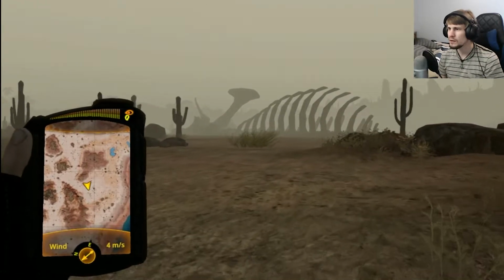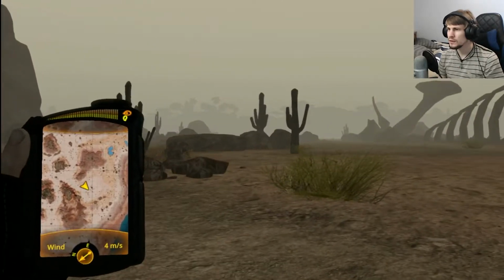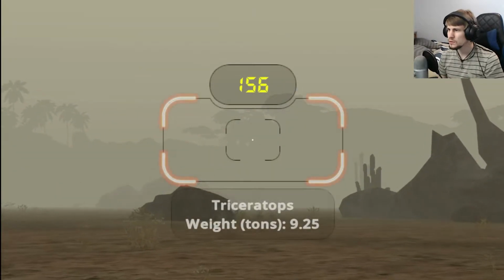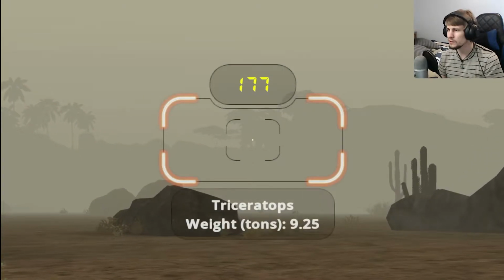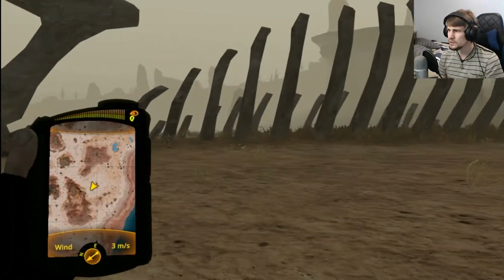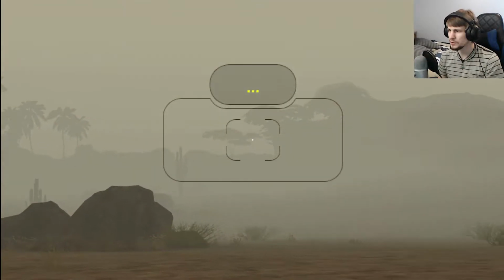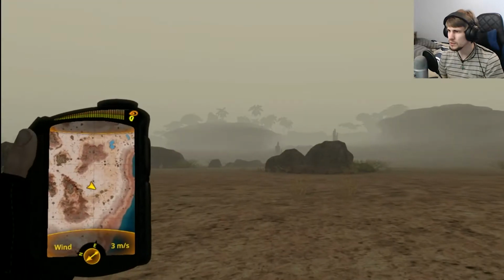Look at the frickin' size of it. Oh, I do see somebody out there moving, though. So we got a trike out there. Maybe we'll... ooh, actually, 9 point... that seems pretty freaking big for a trike. Over 9 tons. Yeah, look at the size of the ribs and the bones here, though. It makes me wonder what the heck could have even been that. Oh, and I lost visual on the trike. Or is that its horn there? Okay, that might be its horn there, so...